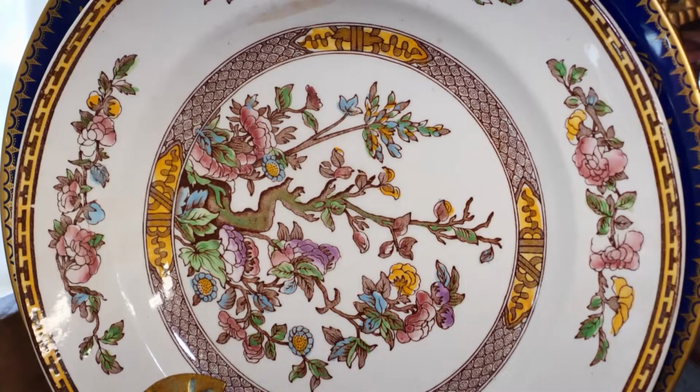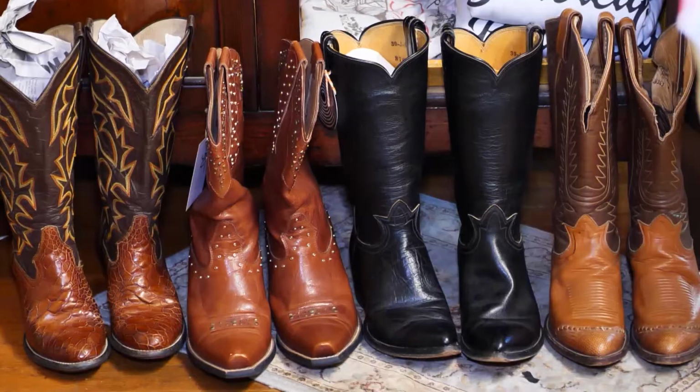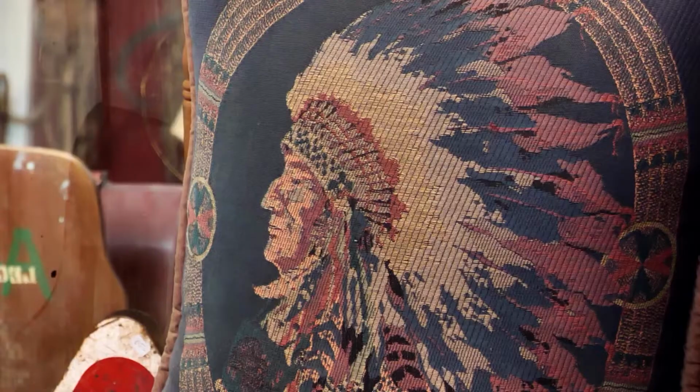collecting antiques. We really enjoy it aesthetically. We like the look of the old things. We enjoy finding them and considering them treasures, but then it's also the fact of you're saving something that's being repurposed, upcycled. Every room you enter has a theme, from the front room full of Native American inspired items to